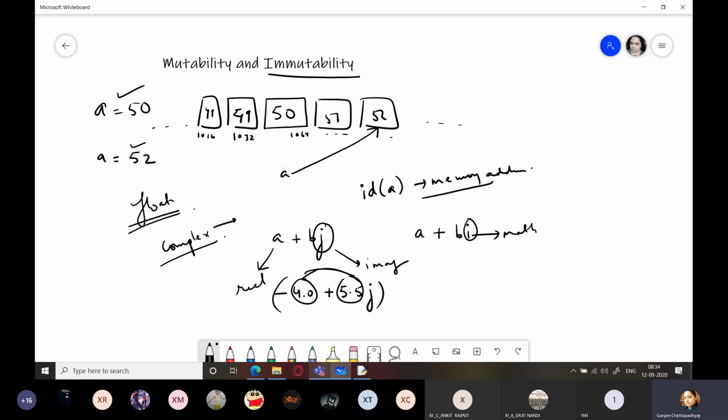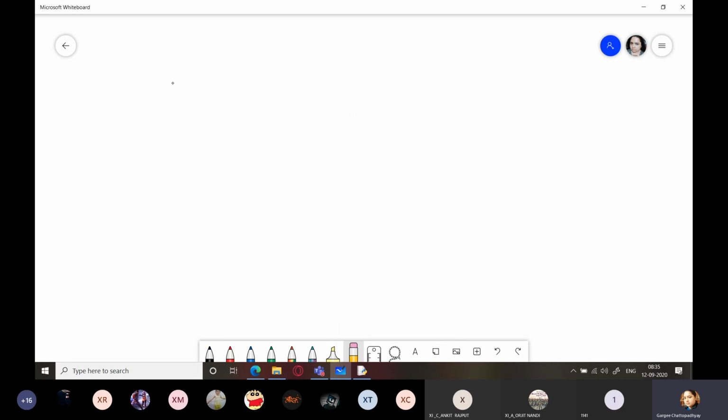Which data types are mutable and immutable, I have already told you, and the same is the case with strings also. So let's see strings. When you are storing something, I am writing here a string equals hello world, or hello.